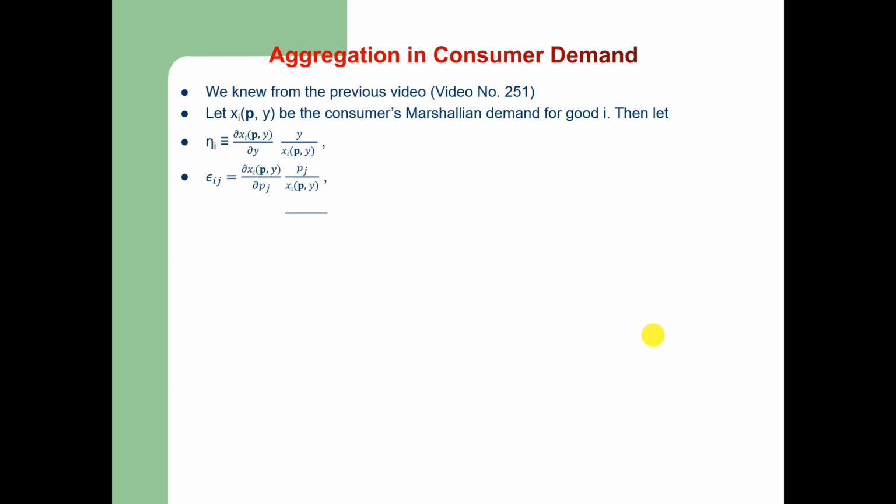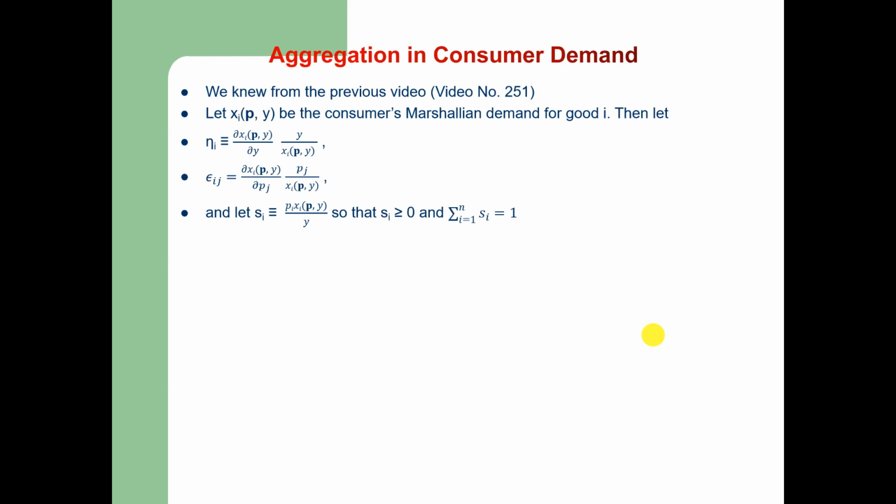As we know from the previous video, video number 251, let there be the consumer Marshallian demand curve or demand function for good i. Then let eta i be the partial of xi with respect to y times y divided by xi, and epsilon ij the partial of xi with respect to pj times pj divided by xi, and let si be identical to the consumption share of the ith good out of income, or the income share of good i in total income,